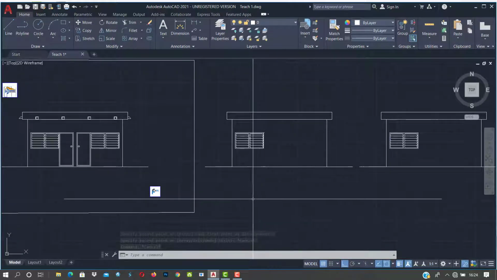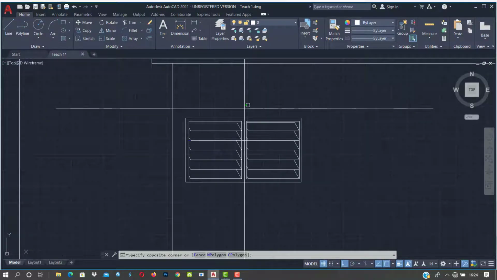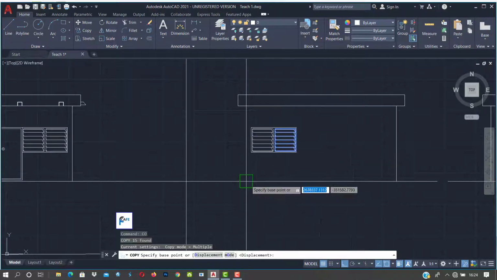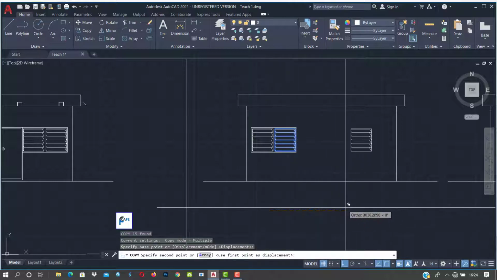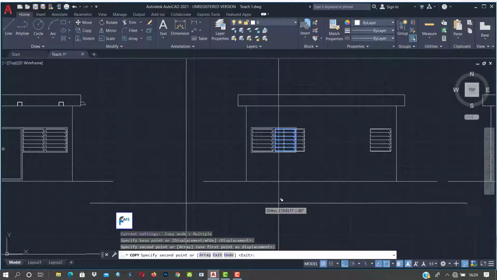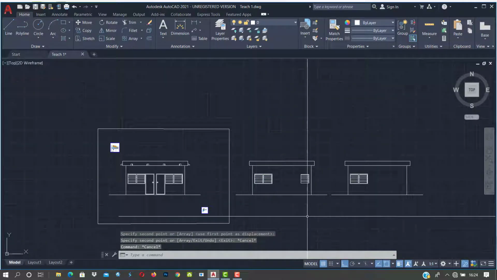Maybe you want to copy half of the window to another side. So as usual, our fence selection, copy. Okay, so you select your base point. You can click anywhere as your base point. Then by visual inspection, you move it. As you can see, isn't that beautiful? So we are done with